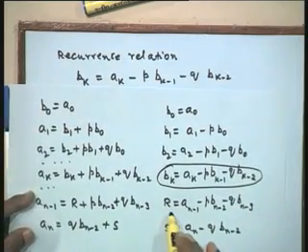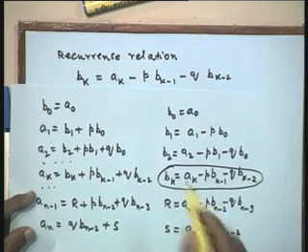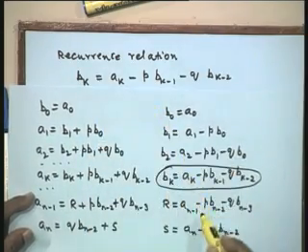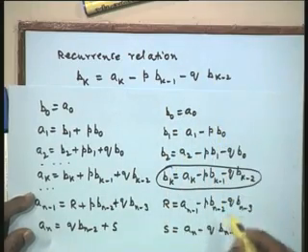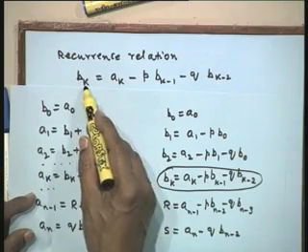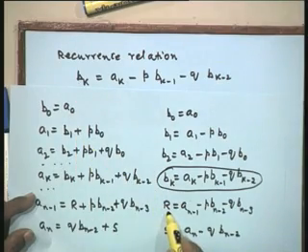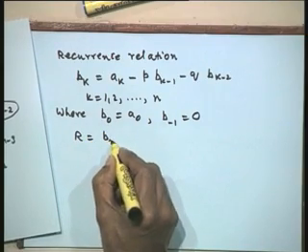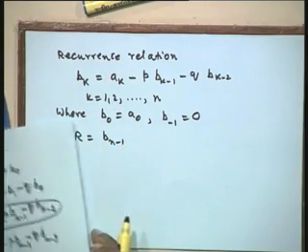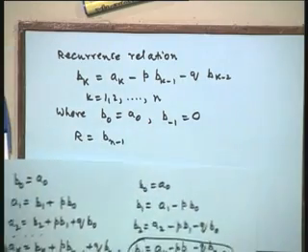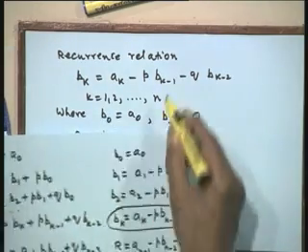Then we can also look at this particular coefficient that we have written for r. On the right hand side, if I set k is equal to n minus 1 here, a n minus 1 minus p b n minus 2 minus q b n minus 3. Therefore, out of this recurrence relation, whatever I get for b n minus 1 will be simply equal to r. So, from this we will get r is equal to b n minus 1, by just comparing this particular term with this one.